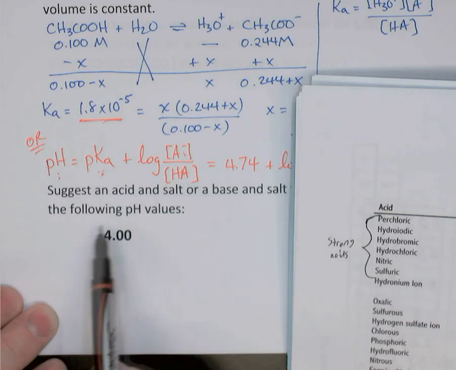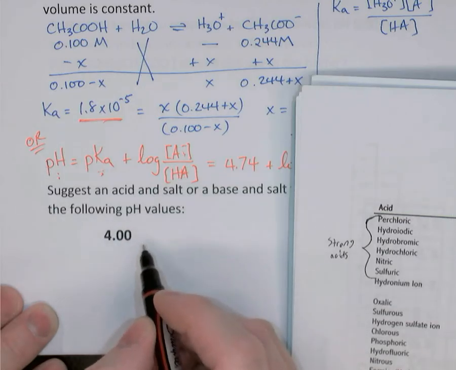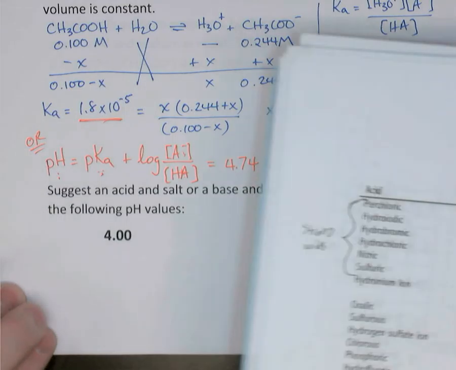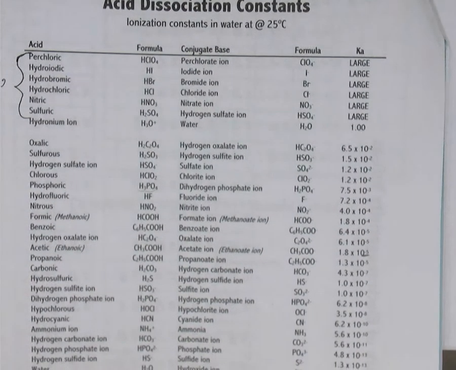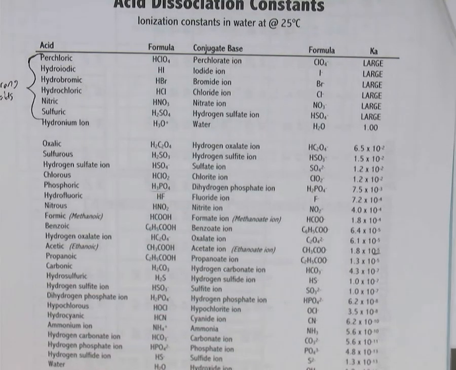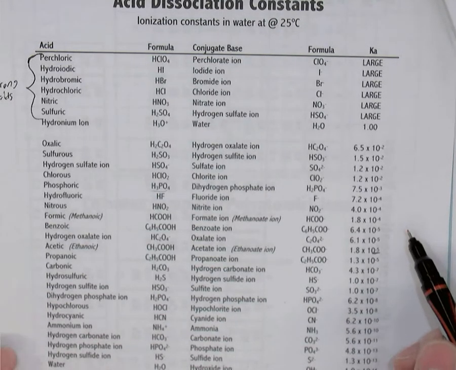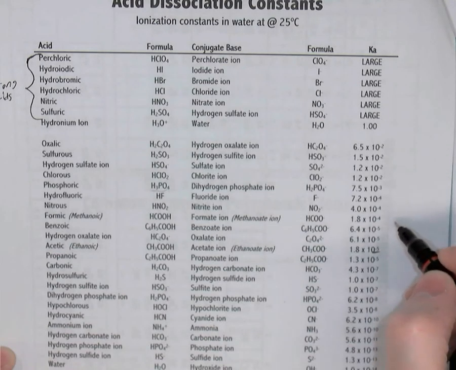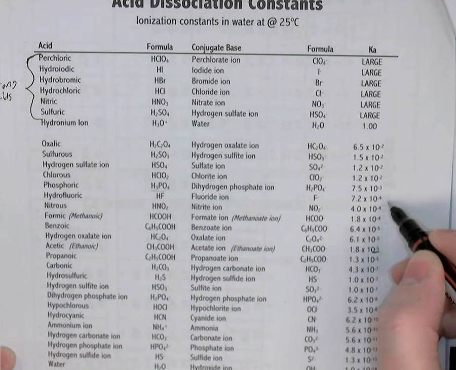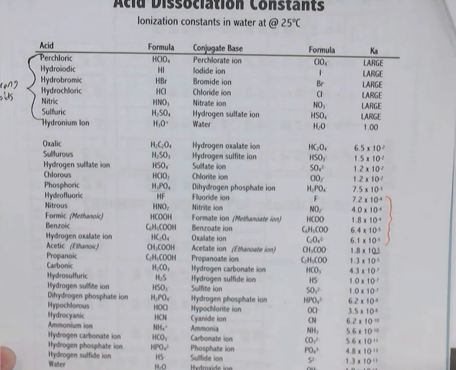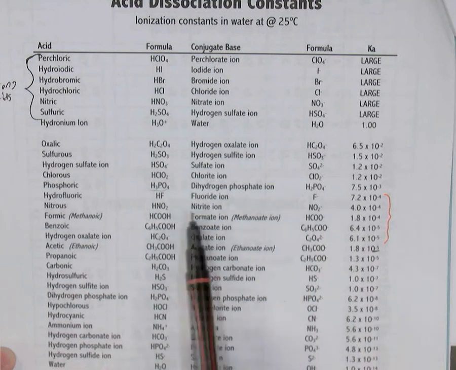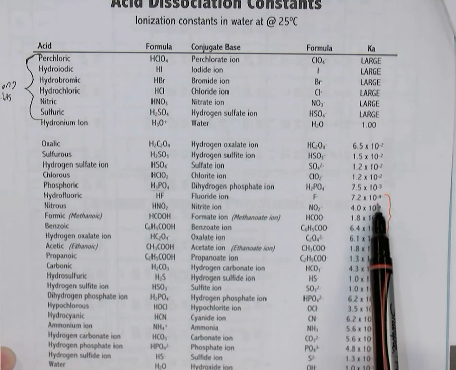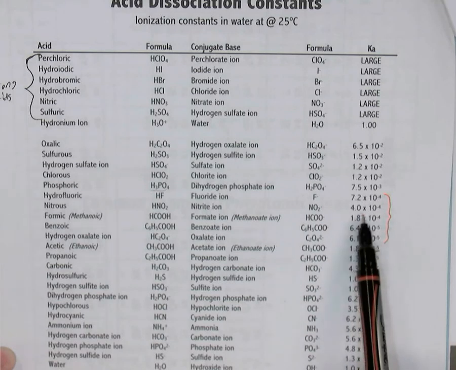So if I want a pH of 4, I want to choose an acid whose pKa value is close to 4. If the pKa value is close to 4, then I want an acid whose Ka value is close to 10 to the minus 4. So looking on this Ka chart, something close to 10 to the minus 4 would be anything in this range here. So I could use hydrofluoric acid, whose Ka value is 7.2 times 10 to the minus 4, nitrous acid,